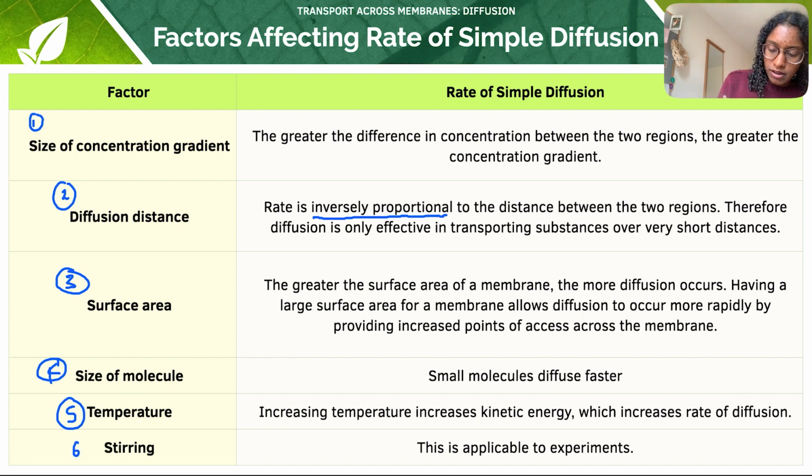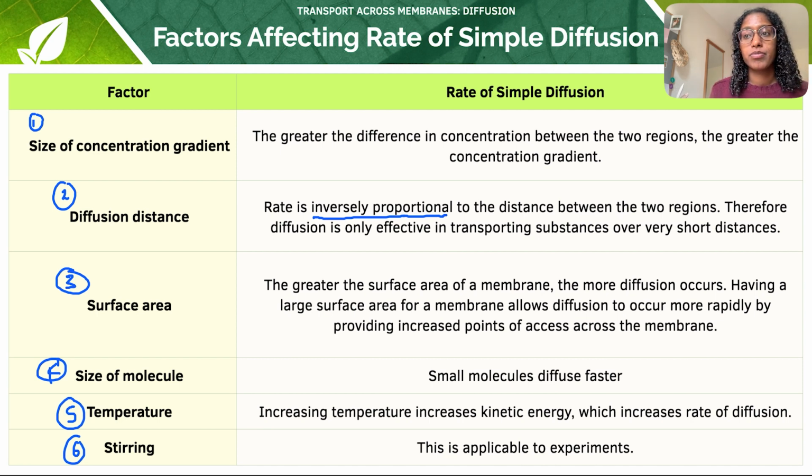And then finally, number 6, stirring. This is applicable to experiments. For example, if you give the beaker a stir, that's going to allow particles to move around faster, and it's going to allow the particles to diffuse through the membrane faster and more easily. Obviously, in your body, or in cells, stirring does not occur,